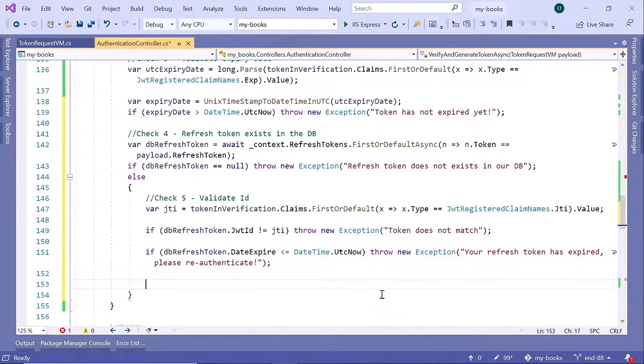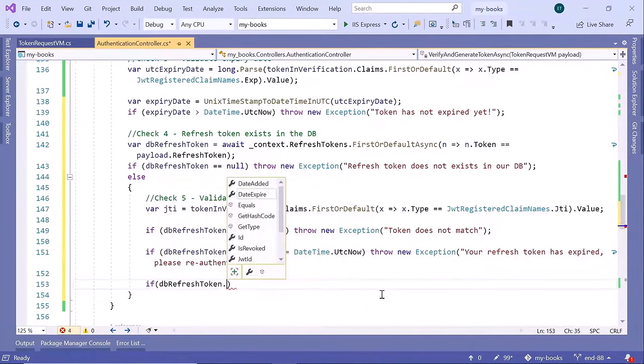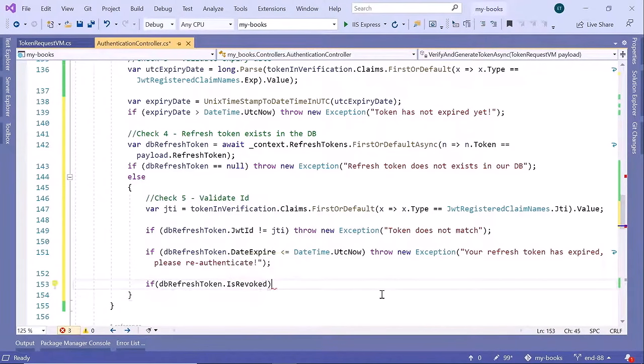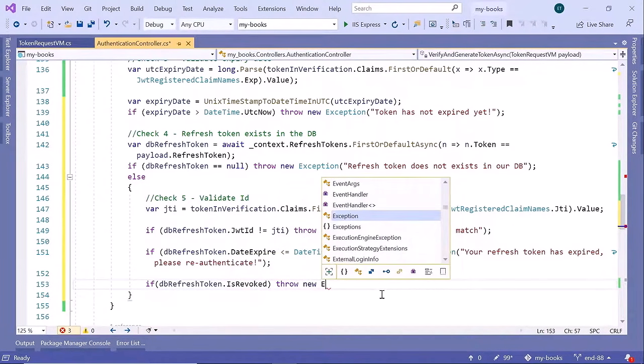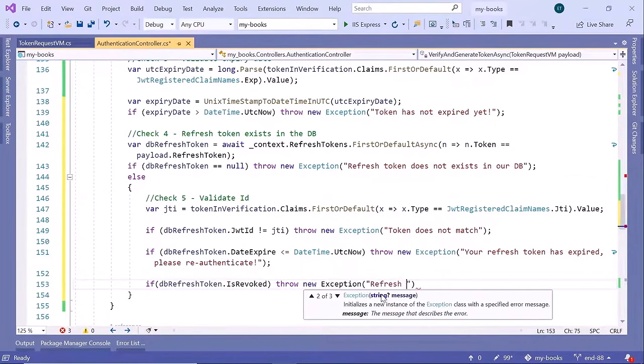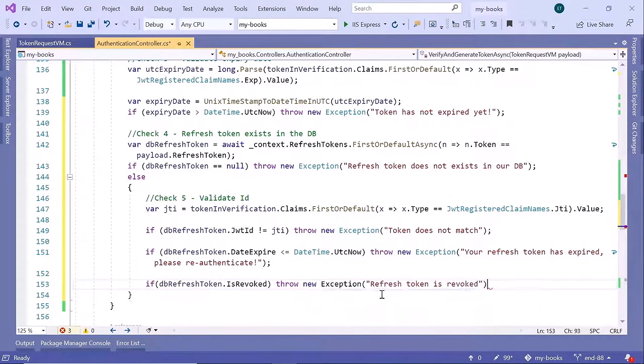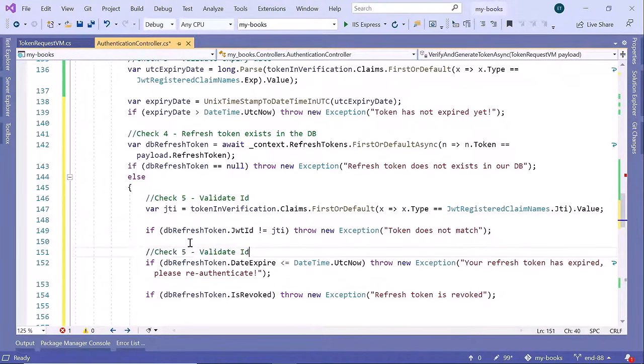Then we are going to also add one more check, and that is going to be: if the db refresh token is revoked, then throw new exception, "Refresh token is revoked." And then at the end, if all these tests have passed successfully, we have here the validation of ID, which is this one in here. Then we have the check 6, and that is going to be the refresh